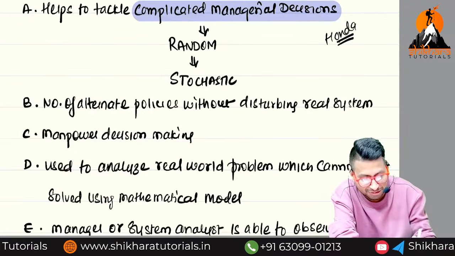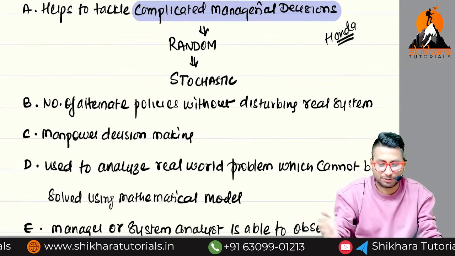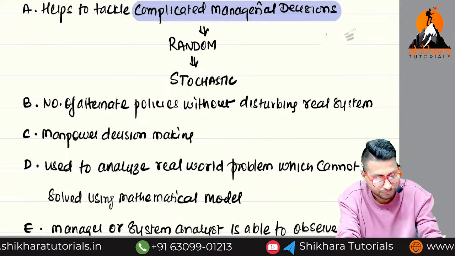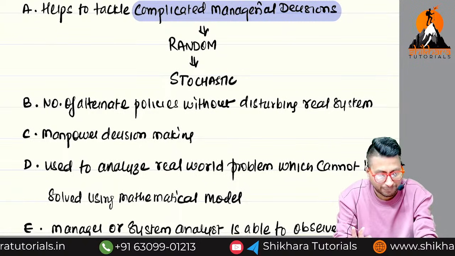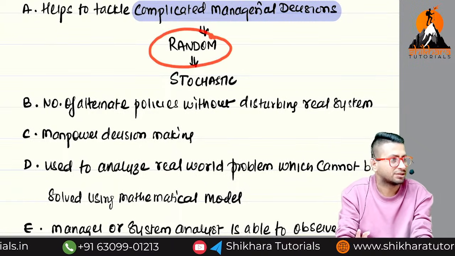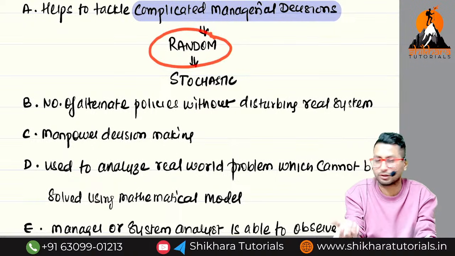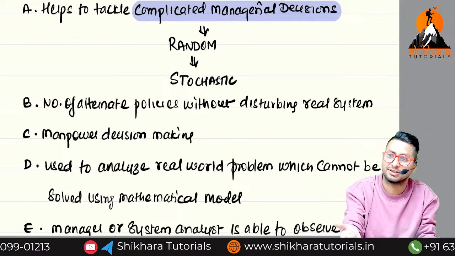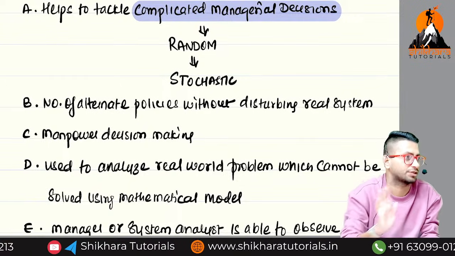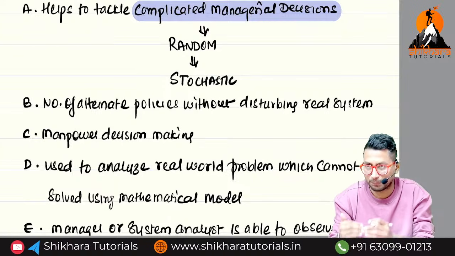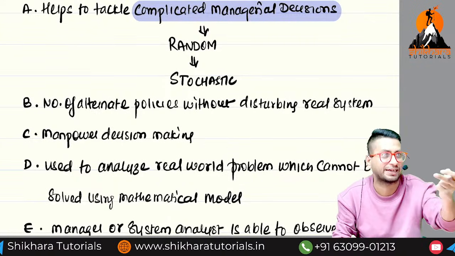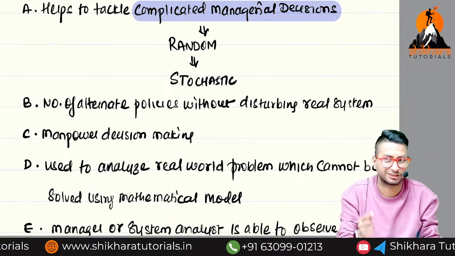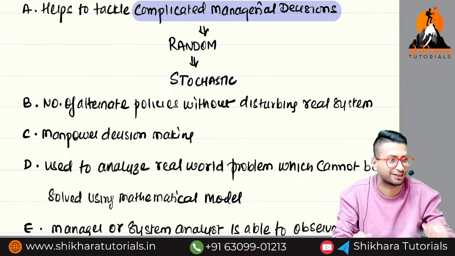Next. Understood? So what are the different areas where we can use simulation? Number one, it helps me solve what type of managerial decisions? Complicated ones. Complicated managerial decisions are random in nature. Anything may happen, right? Because the future is uncertain. So can I say simulation is the Radhesham of the business industry? It will analyze your past and present and tell you what might happen in the future, but not with 100% certainty, because even Radhesham last May was not 100% sure, right?